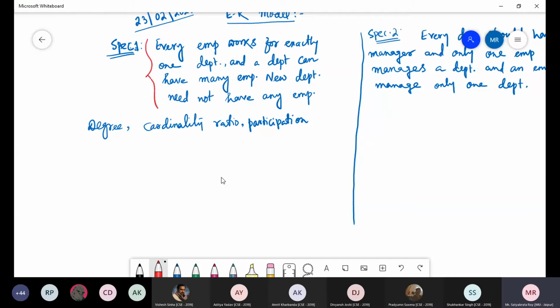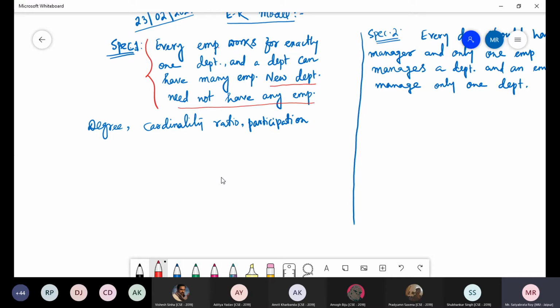Okay, so let us have this specification. Can you read it? What is written here? Every employee works for exactly one department, and a department can have many employees. Okay, now there is another thing: a new department need not have any employees.